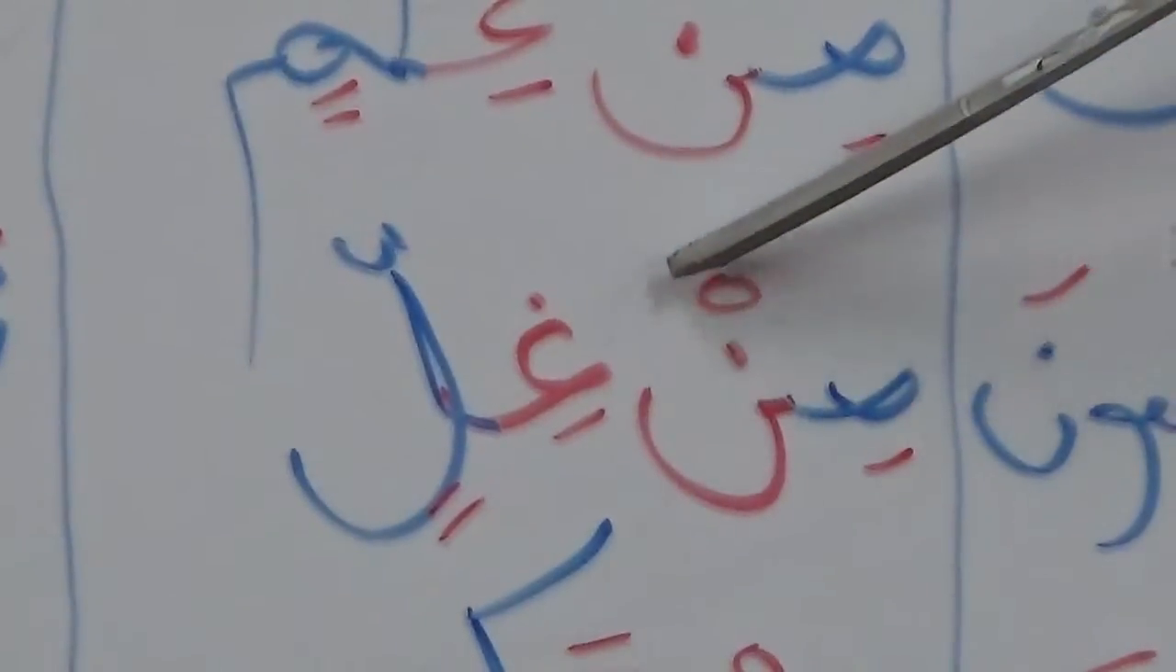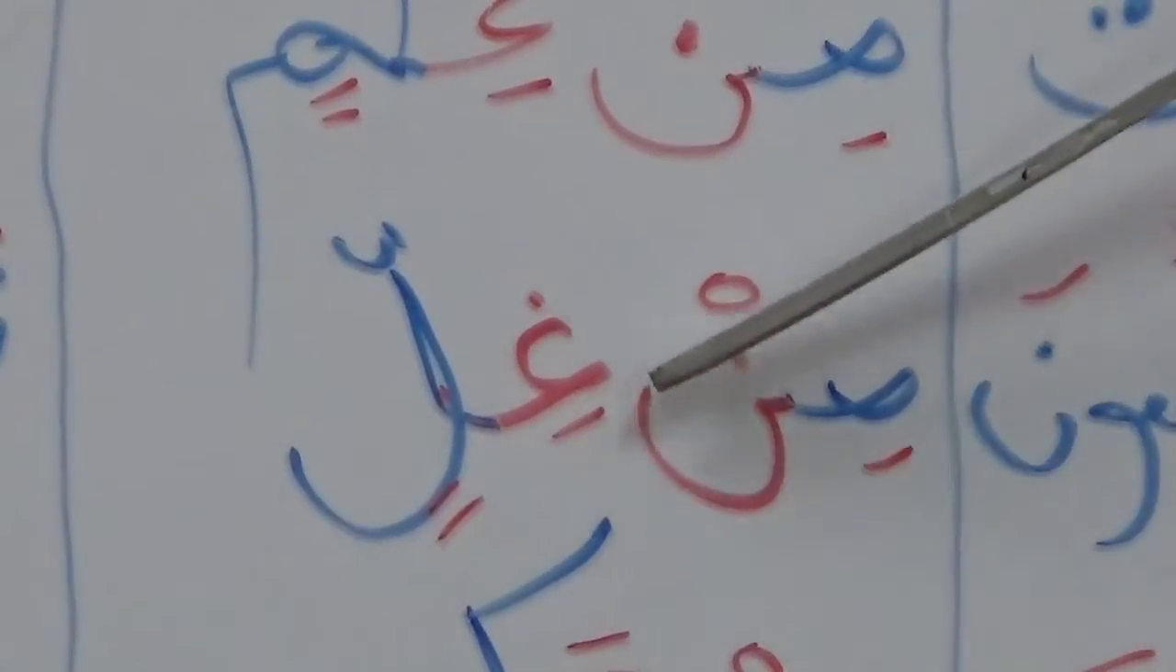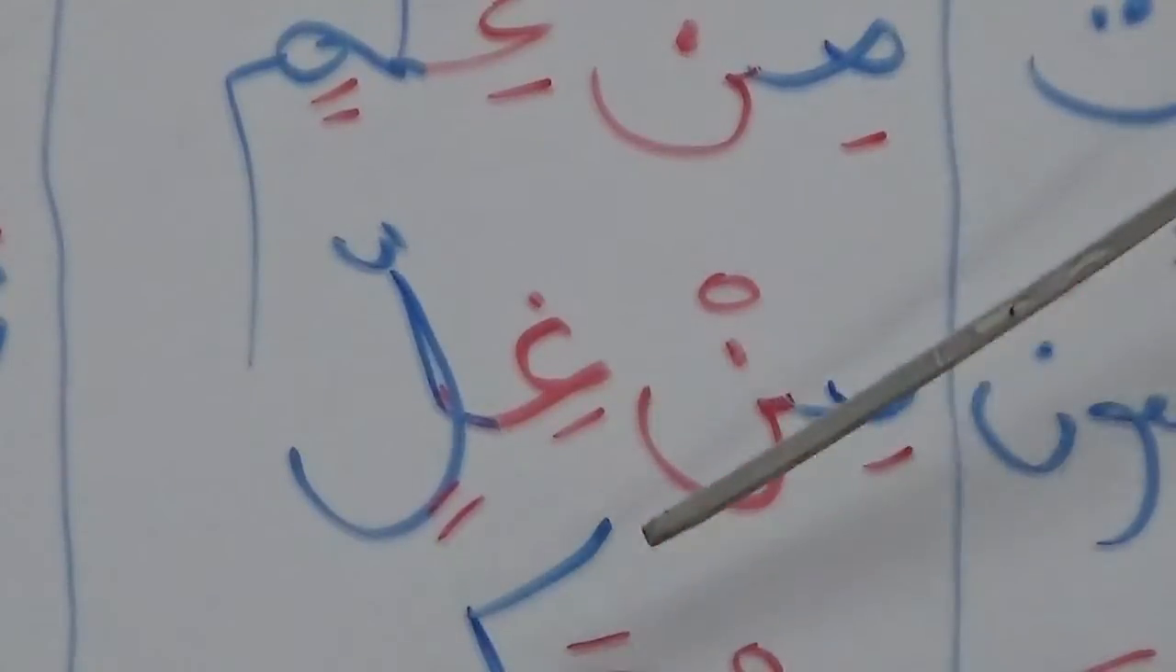So min ghil. Here we have a noon that has a sukun and it's followed by a ghayn. So here I say min ghil. وَنَزَعْنَا مَا فِي صُدُورِهِم min ghil. Right? Min ghil. So no ghunna. So here we have a tanween followed by a